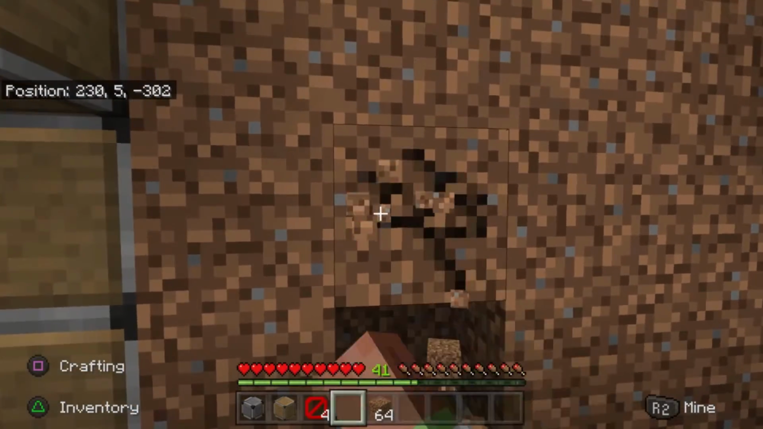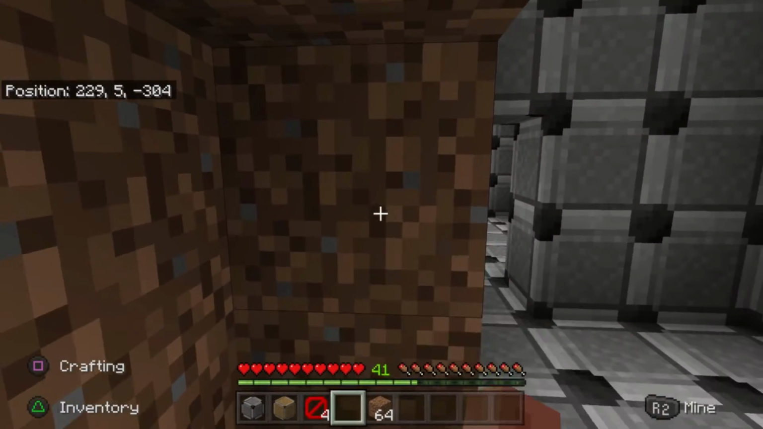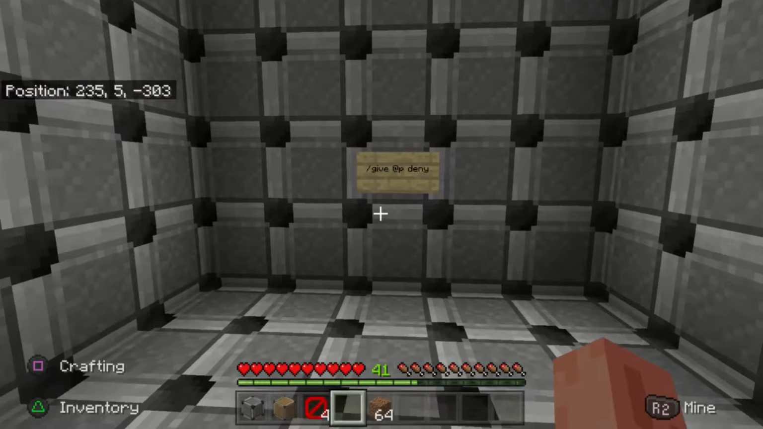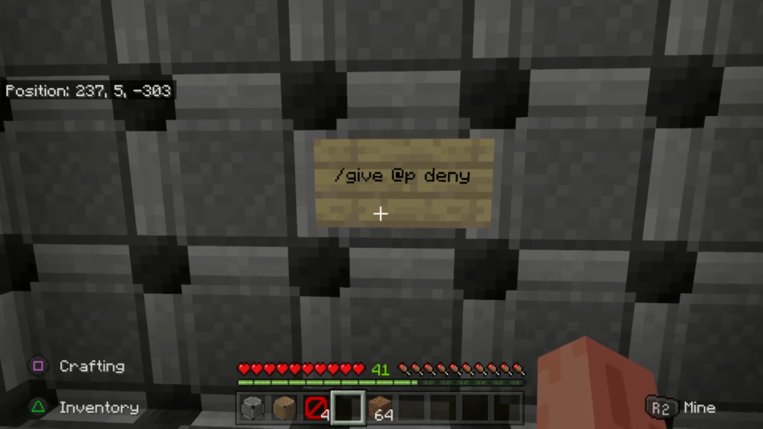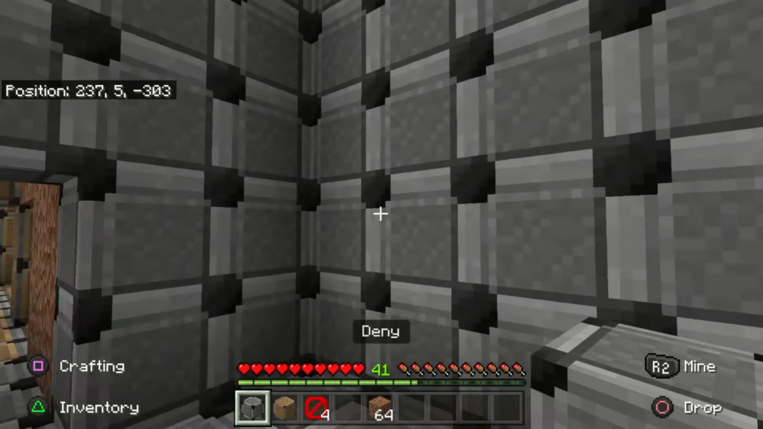Okay, so we can go over here, and all of a sudden they're mining here, but see how they can't dig here? Because this is the deny block. Now, to get the deny block, you would type /give @p deny. Easy as that. That'll go into your inventory. Now,